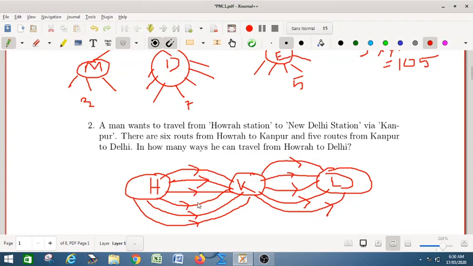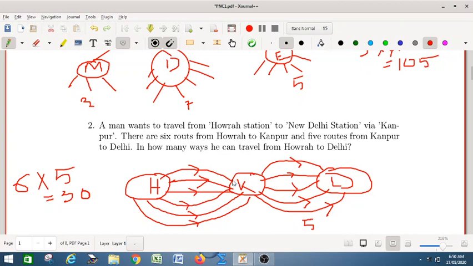So look at that. For Howrah to Kanpur he has 6 choices. So for each route from Howrah to Kanpur there are 5 choices from Kanpur to Delhi. So for each there are 5. In this way you can apply the multiplication rule. So in this case, if you apply the multiplication rule, the answer will be 30 ways, because for each route